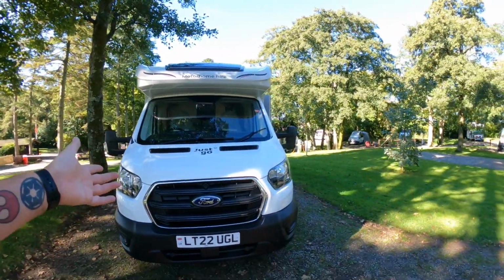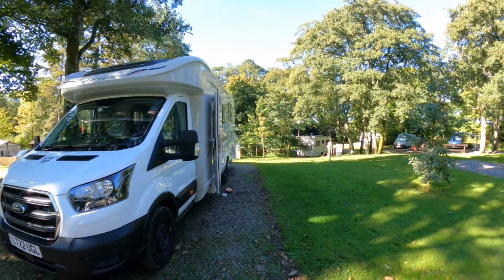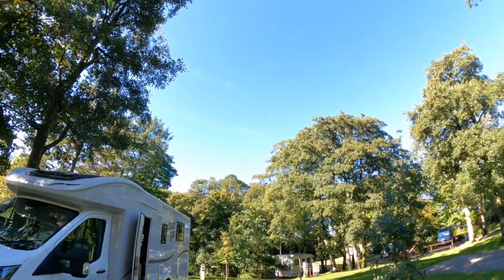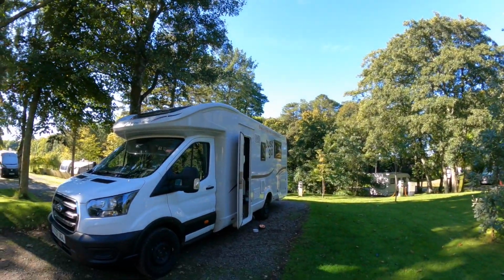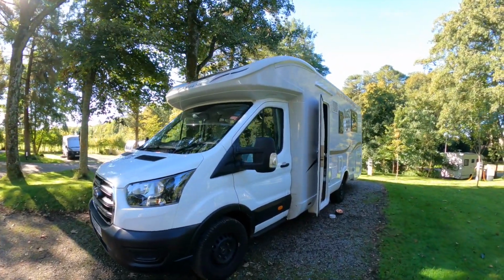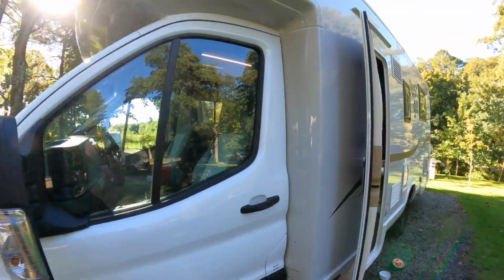It's basically a brand new van, and it's massive when you see the side of it. I was thinking of getting the drone up as well. I've got a drone with me, but apparently you're not meant to send them up here, but I didn't say that I had one so it might be okay. So yeah, it's a very nice van,